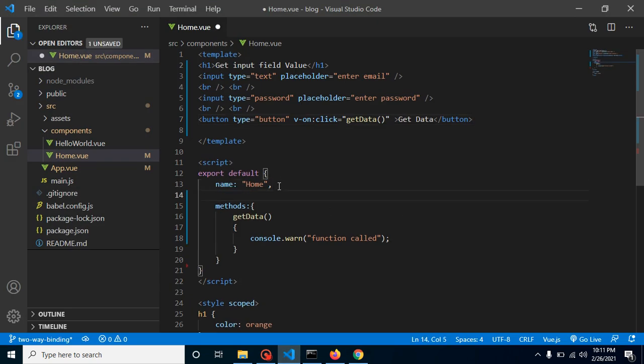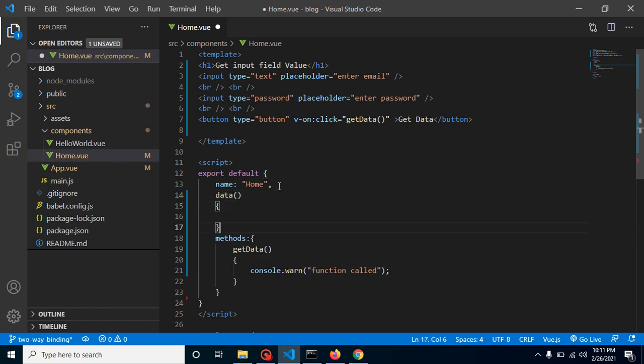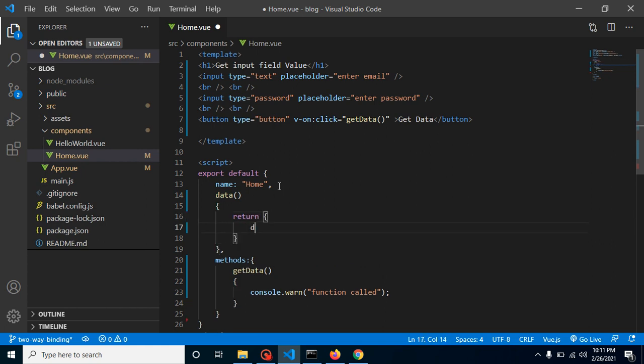Let me put here a data function and define our properties. For that I need to use a return statement, and in the return simply put the data.